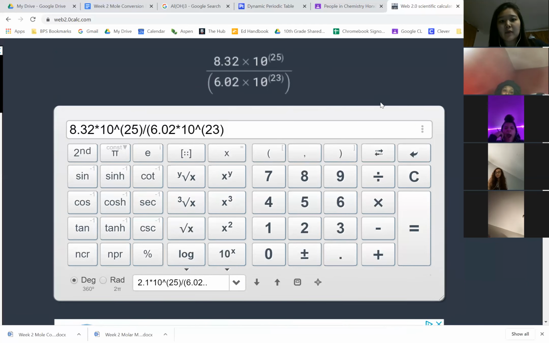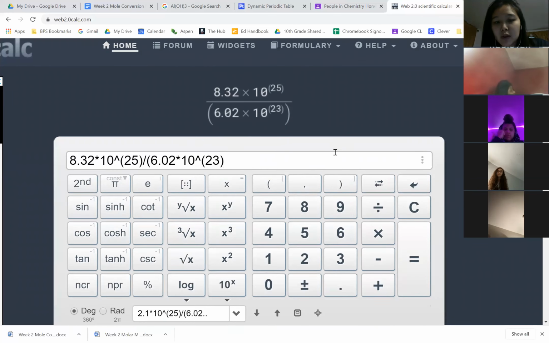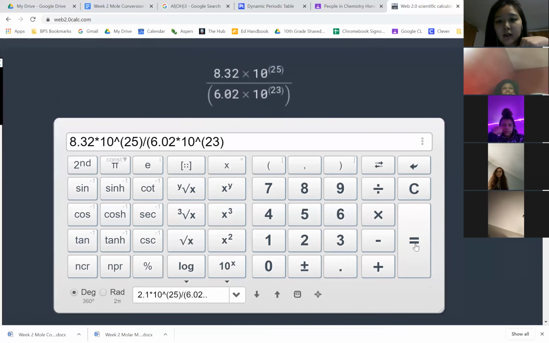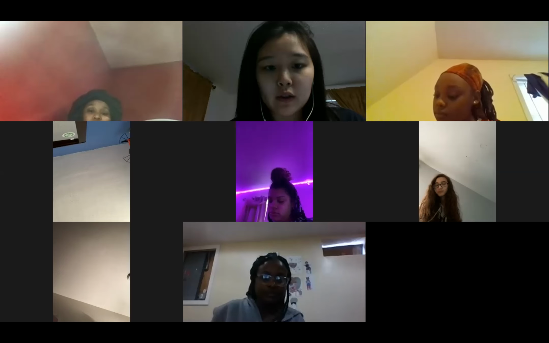You guys see the calculation here? You see how 6.02 times 10 to 23 is in parentheses? You have to do that. So once I click equals, I get 138.2 moles. All right, so I'm gonna go back to our